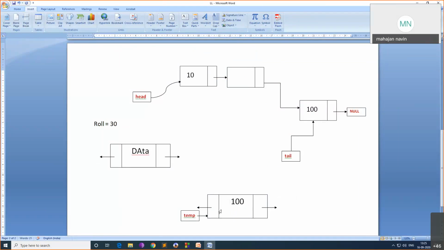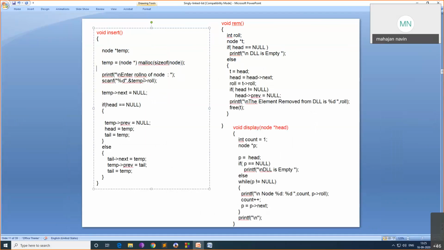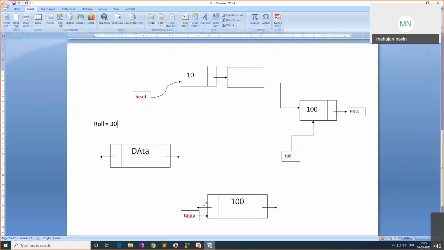Now temp is pointing here, but this node, whichever new node is created, has three things: one is the previous pointer, one is the next pointer, and the other is the data. Data I have assigned 100. Temp of roll number equal to data, whatever I read, I have assigned to temp of roll number.